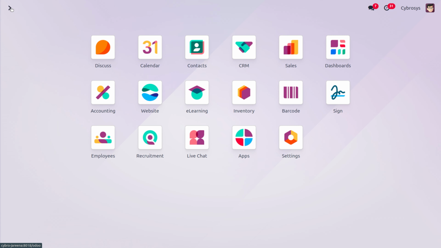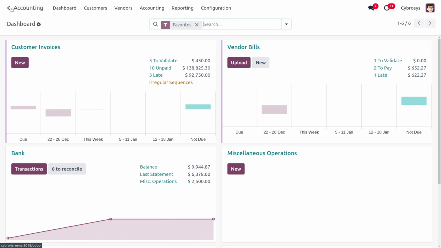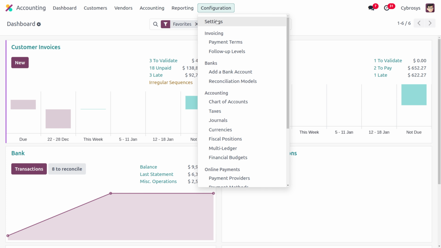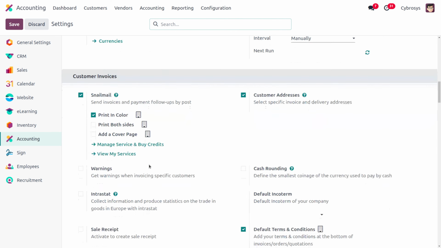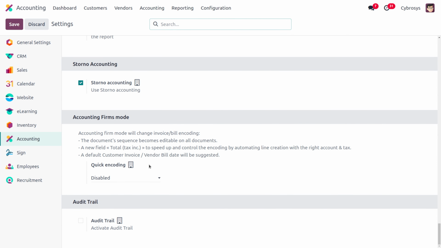Let's move on to the accounting module, and from the configuration settings, we just need to enable this feature. You can find a section called Stoner accounting where we have enabled it. Stoner accounting is a practice of using negative credit or debit. So whenever you make any error in your transaction, Stoner accounting will let you know the error that you have made by showing it with a red indication and reversal of the entry.